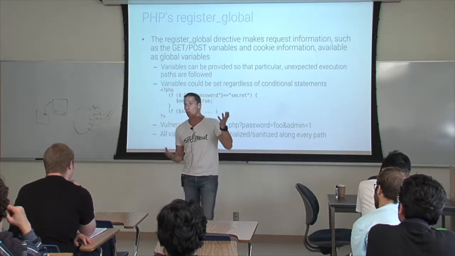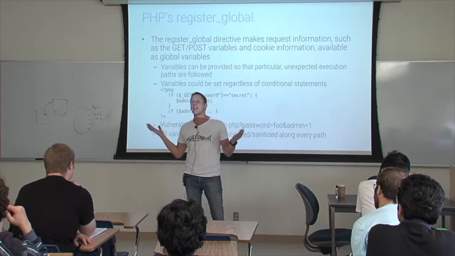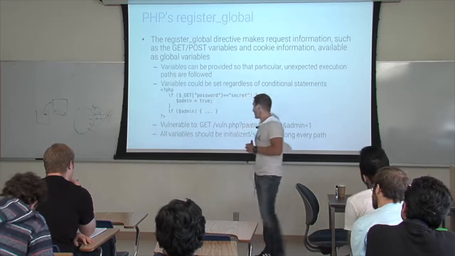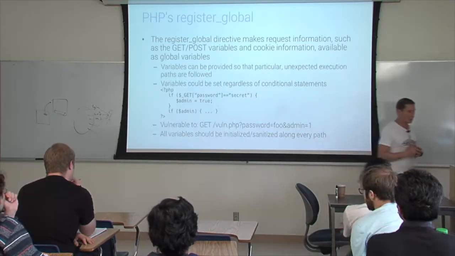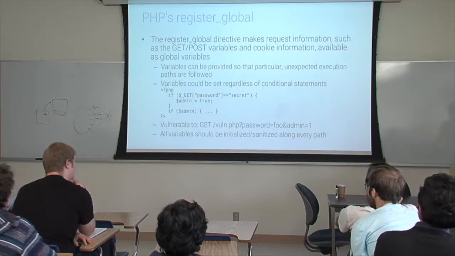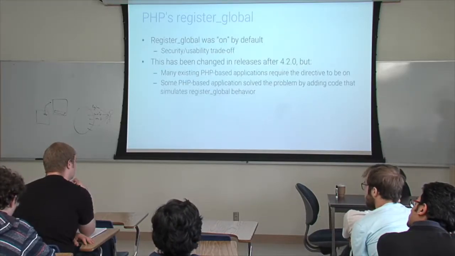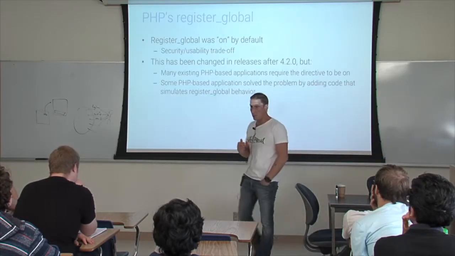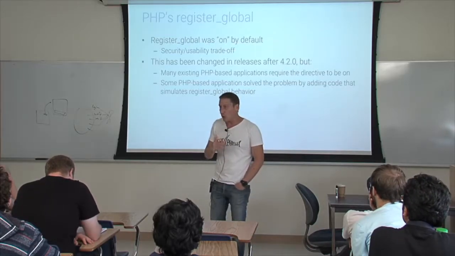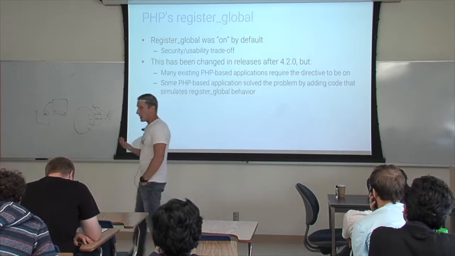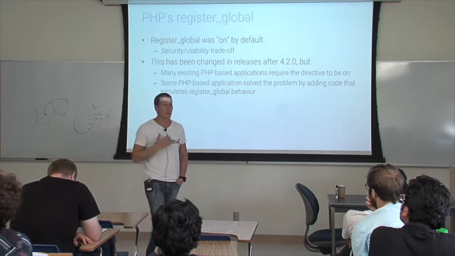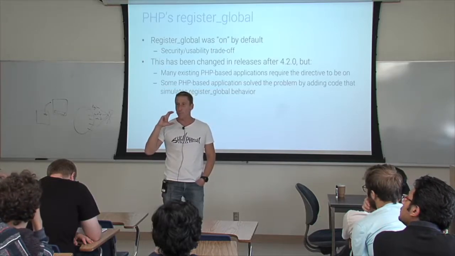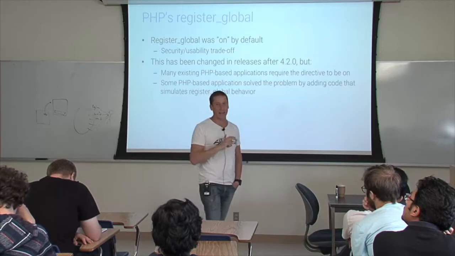They wanted zero attrition. The idea was that with PHP, anybody can develop websites. This was before frameworks, when everybody was going crazy and really wanted to allow the creation of everything. The problem is that this was on by default. After 4.2.0 it is now disabled, and you actually have to enable it through a configuration file, and nobody does. But there are a lot of people who find it very useful, so if you look on the net, you will find little snippets of PHP code that will reproduce exactly the same behavior.